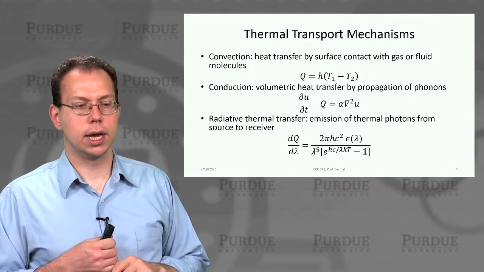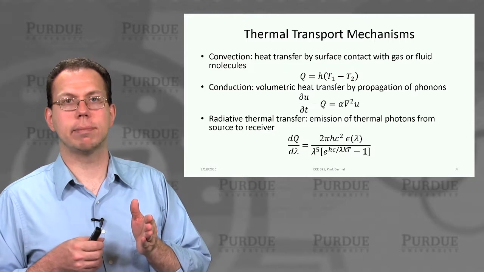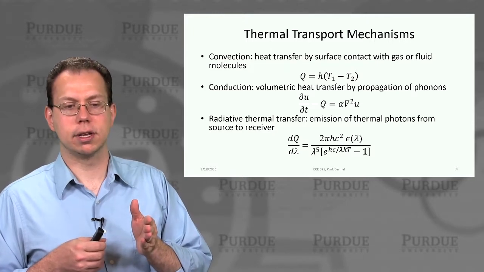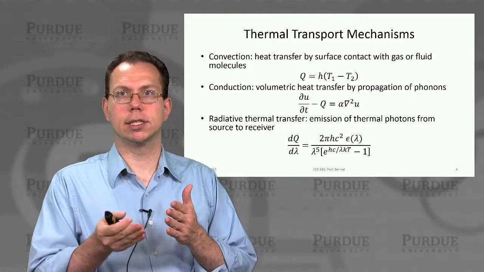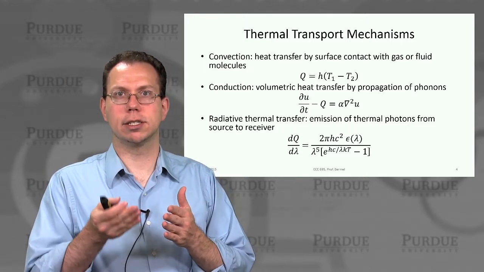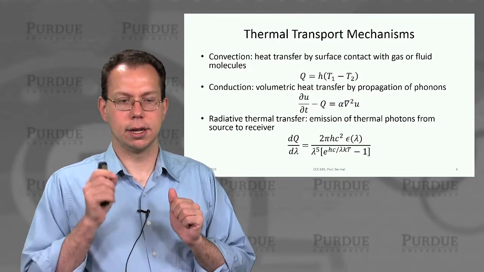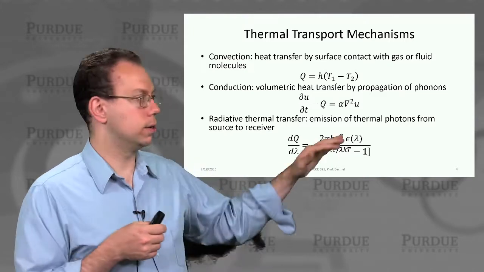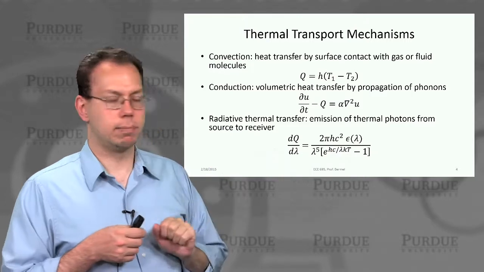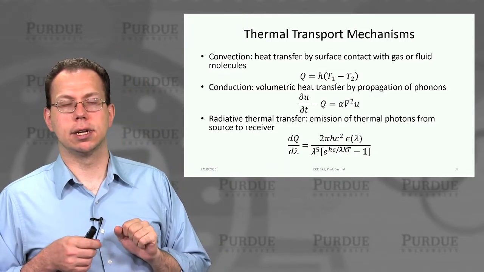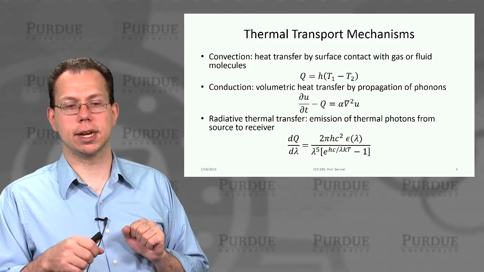And then finally, the third transfer mechanism that's the most closely related to our optics understanding is radiative thermal transfer. That's when you have emission of photons received by some other surface, like when you walk outside and you feel the sun warming your skin. We said that can be modeled using basically the black body law modified by something that depends on emissivity as a function of wavelength. And then also optionally, there can be dependence on angle as well.